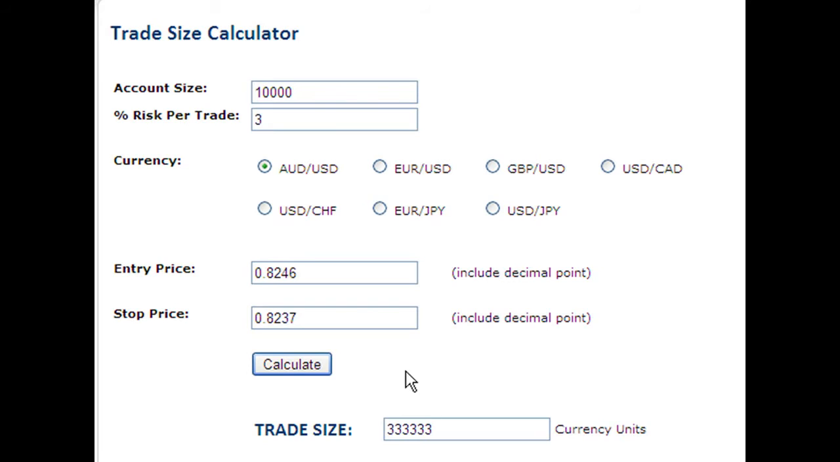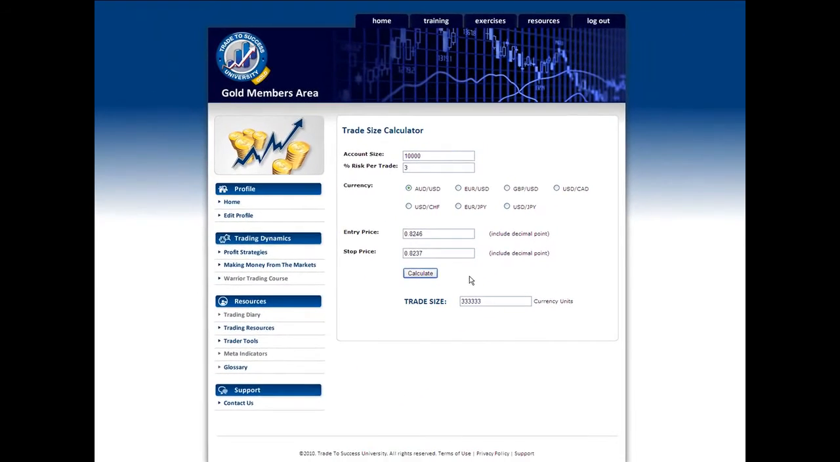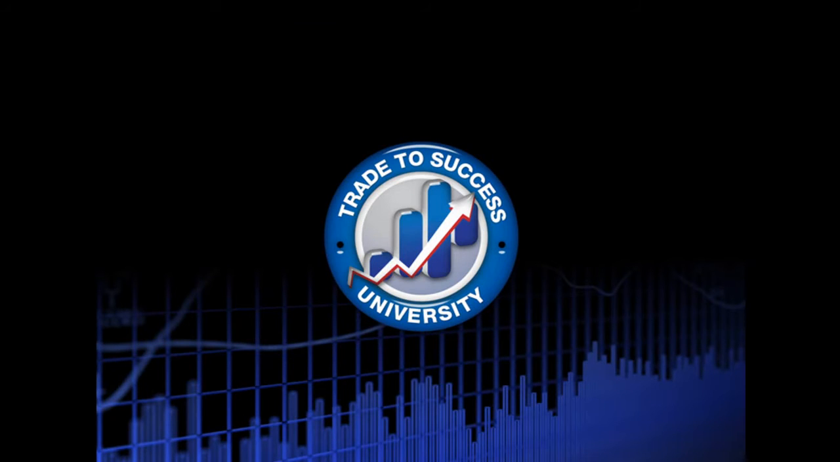So with only 9 pips risk and we're putting in 3% of our account into it, we wouldn't normally be putting in that much risk, but just for argument's sake, let's just say we would be trading 333,333 currency units. So I hope you got that right, and I hope you're really understanding how to use the trade size calculators now, so you can just punch in the numbers and figure out the exact amount that you should be trading